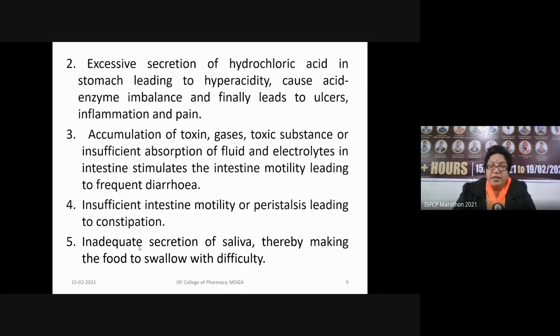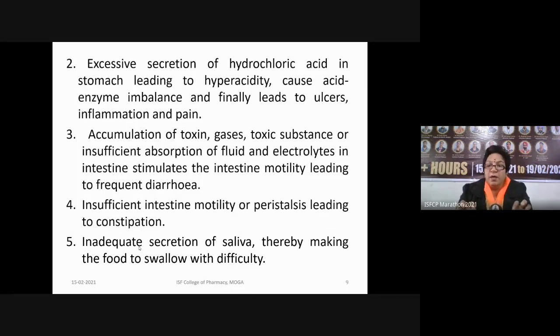Then fourth is the insufficient intestine motility. See how the food proceeds or progresses in the body through the intestines. The motion is like this and this. This motion is known as peristaltic motion or peristaltic movement. In the large intestine, the food is ultimately drawn after digestion, and the indigestible food is ultimately pushed towards the rectum. So if proper peristalsis is not there, the food will stay there for a longer time.